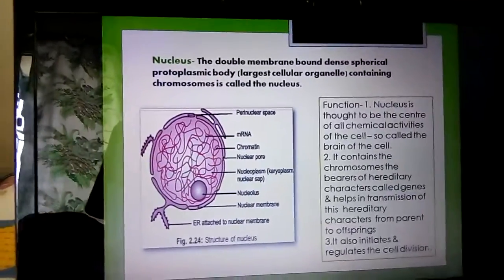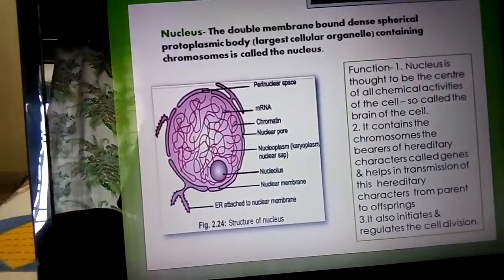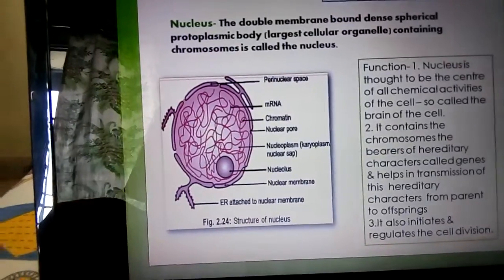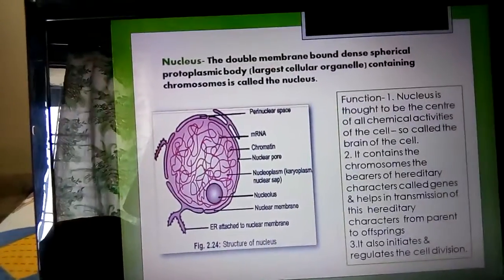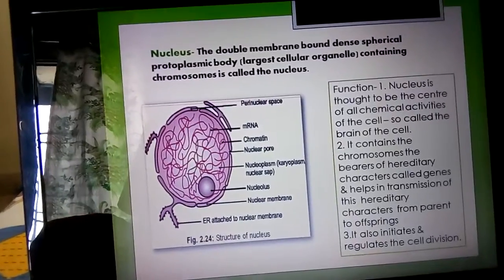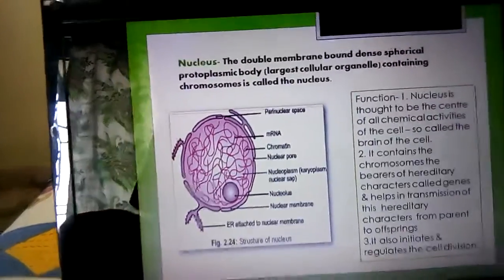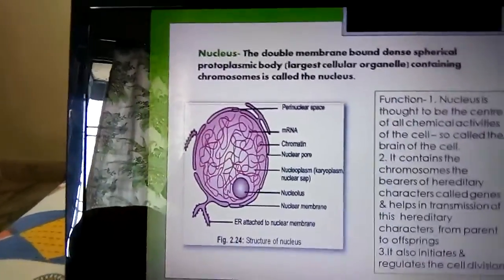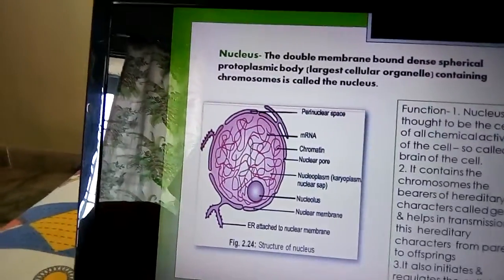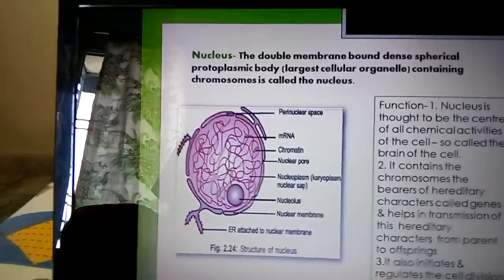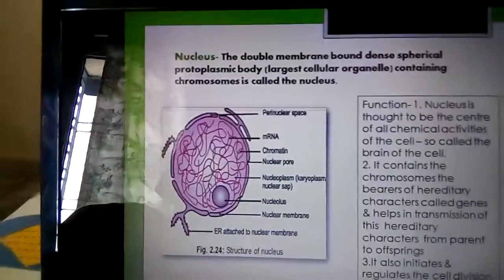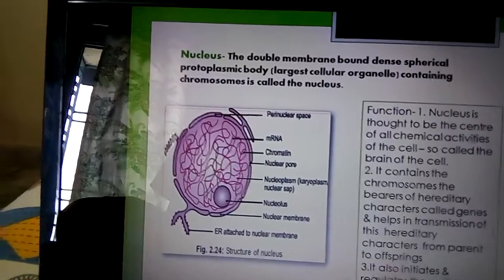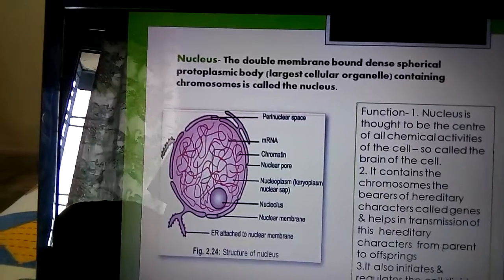Examples of multinucleate cells are skeletal muscle, certain algae and fungi. In bacteria, an organized nucleus is totally absent. There are some exceptions. Human mature erythrocytes and plant sieve tube cells do not contain a nucleus, so they are non-nucleated living animal cells and plant cells respectively.